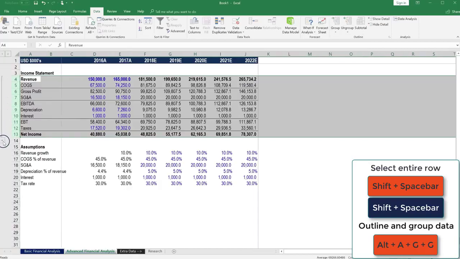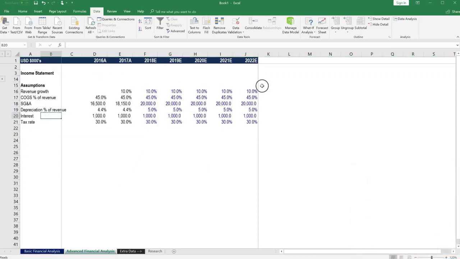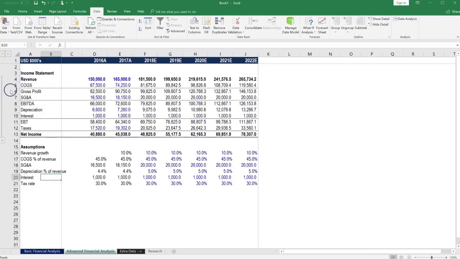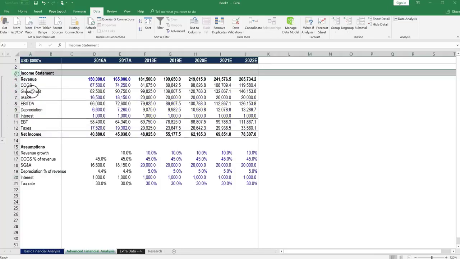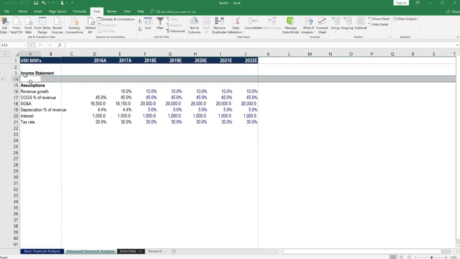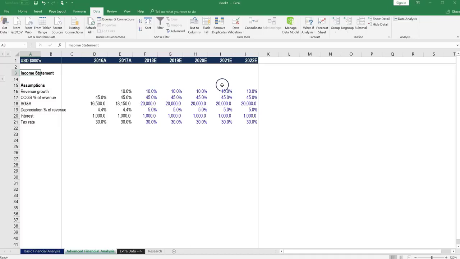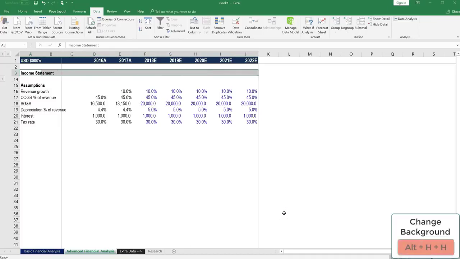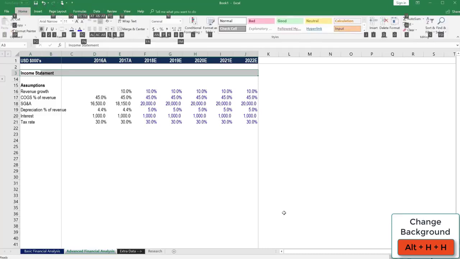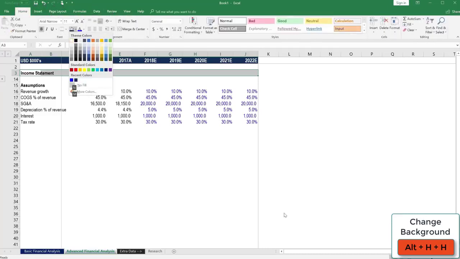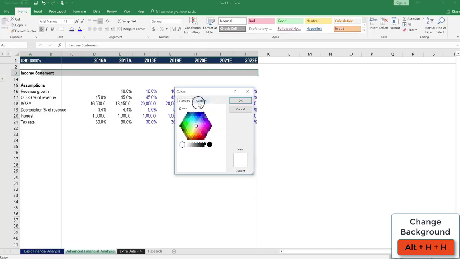And what that does is that gives you a little minus button you can click here that collapses the entire income statement section and then opens it up again. You'll notice that I did not group the title of the section, as then when it's closed I wouldn't be able to see a label for what's contained there. We can further format this section by selecting these cells, pressing Alt, H, H for background, M for more, and you can set a custom color here, or you could pick a preset color, whatever you like. We're going to use another CFI color,